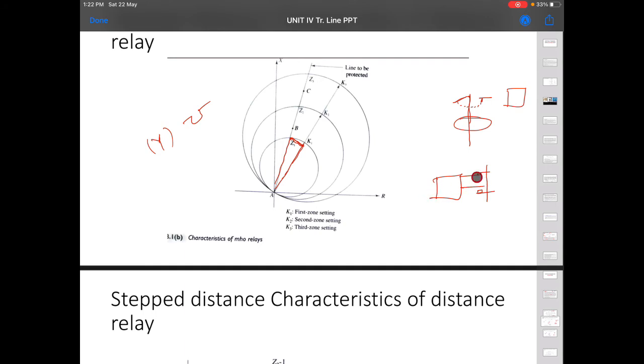When there is a fault, this opens, meaning the faulty section opens. In normal condition, it is connected to your actual circuit. When there is a fault, this is lifted up, so this gets open and this gets closed. So normally open becomes normally closed, and normally closed becomes normally open. Once it is open, your healthy section is isolated from the faulty one.